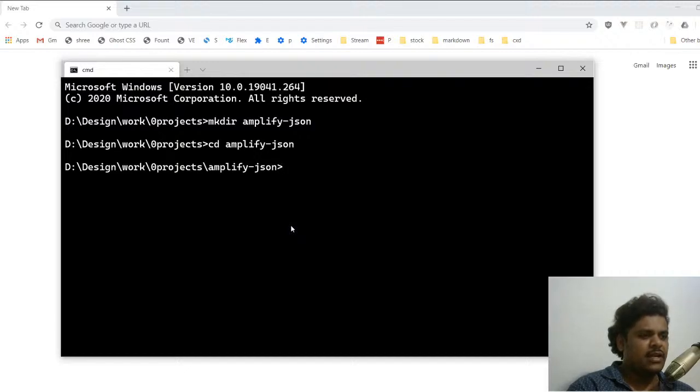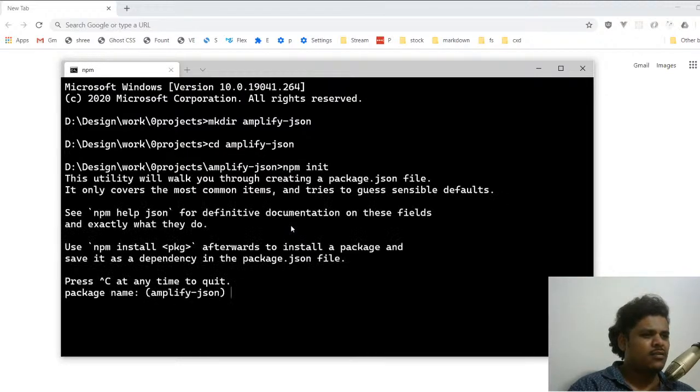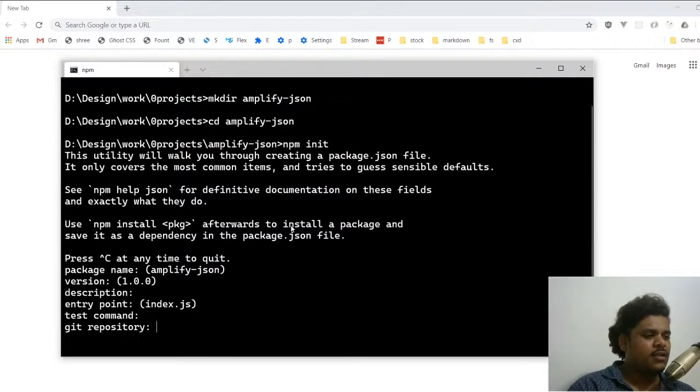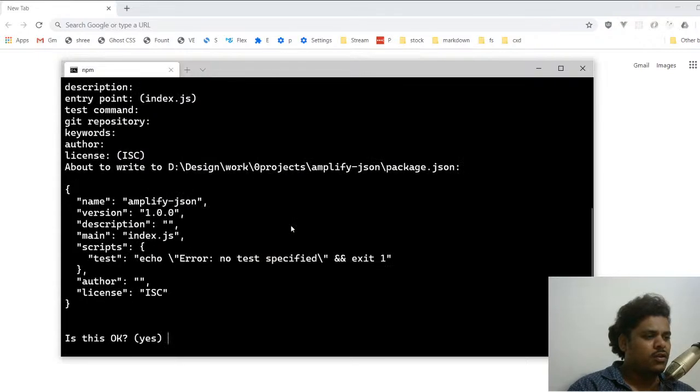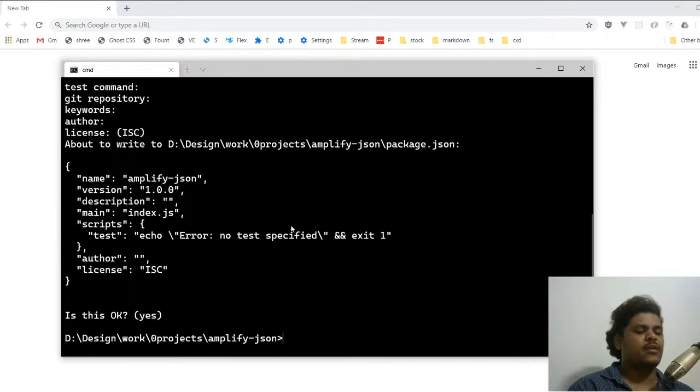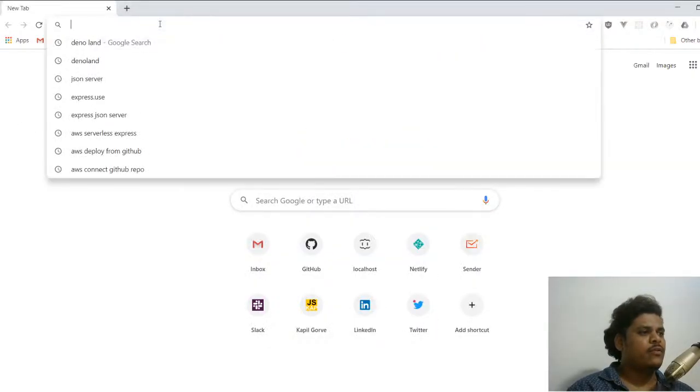So let's initialize a node project, npm init. Create package name amplify JSON, version 1, description, entry point, test command, git repository, keywords, author. It's okay, yes. Again, what should I have done instead? Okay. And then what we could do is